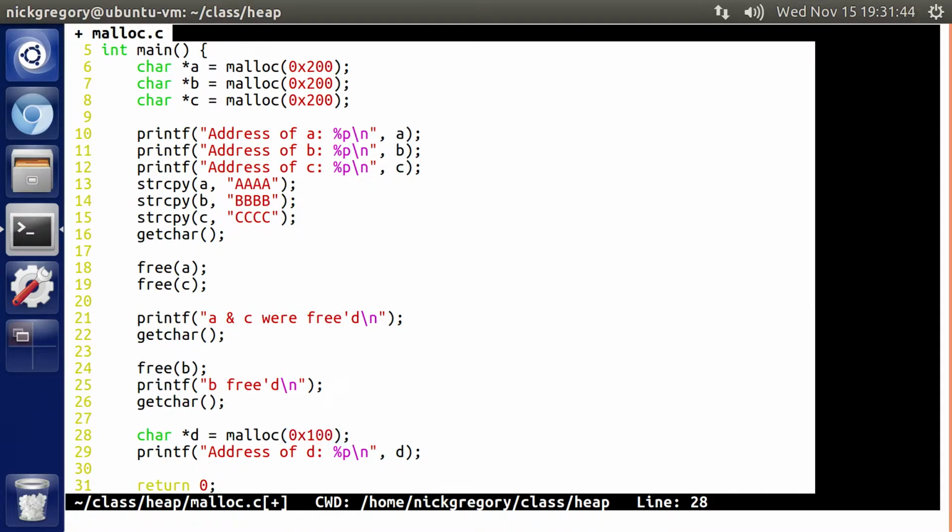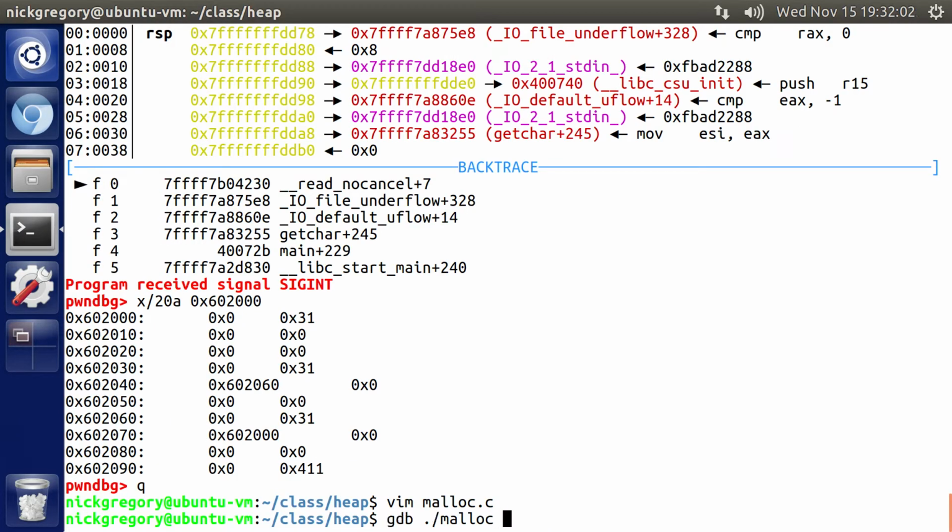That should work. Let's make that 180. No, let's make that 380. Okay, so we can all definitely agree that an allocation of size hex 380 would not fit into the same allocation as a hex 200 allocation unless things were being coalesced. So